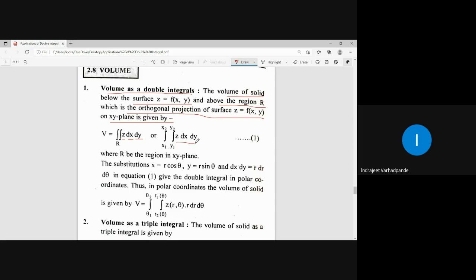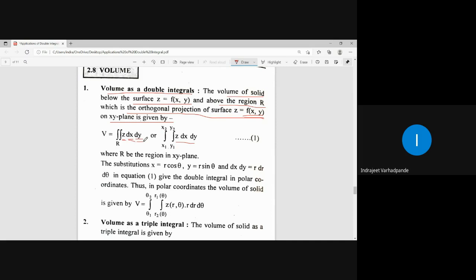See, for calculation of volume in general also, we know three parameters are required: length into breadth into height. So if I convert them into the Cartesian coordinate axes, I will require x coordinate, y coordinate and z coordinate. But since double integral is involved, I need to convert the third into the other two, which is possible only with the help of the orthogonal projection. So taking the orthogonal projection on the xy plane, z can be expressed as a function of xy, and therefore in that case volume will be given by double integral over R z dx dy.